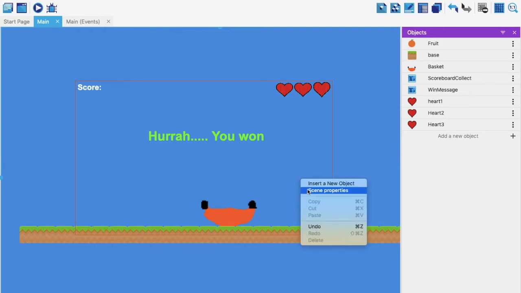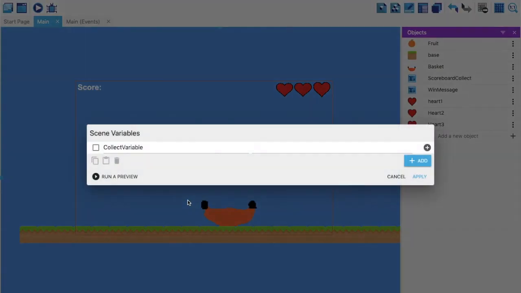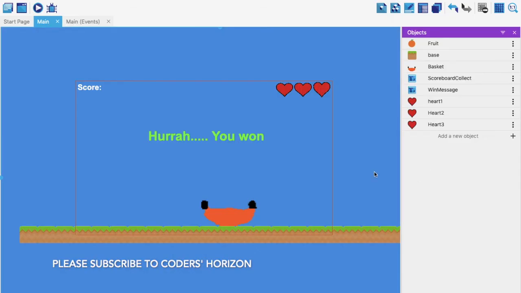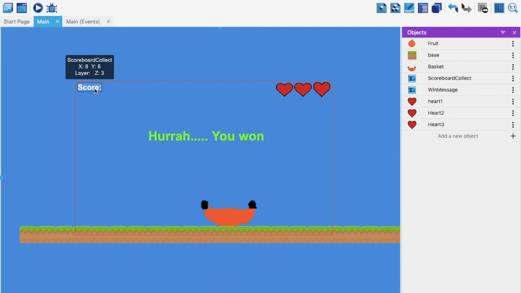So right click and scene properties, scene variables. There is already one variable which I had named collect variable. So this time I'm going to name it lives, or lives variable, and apply. Now, I had made a scoreboard to display the score. So if you remember, this was my scoreboard collect to text display, which is here. But in this case I don't want to display the score. I want to simply delete each heart every time the basket misses